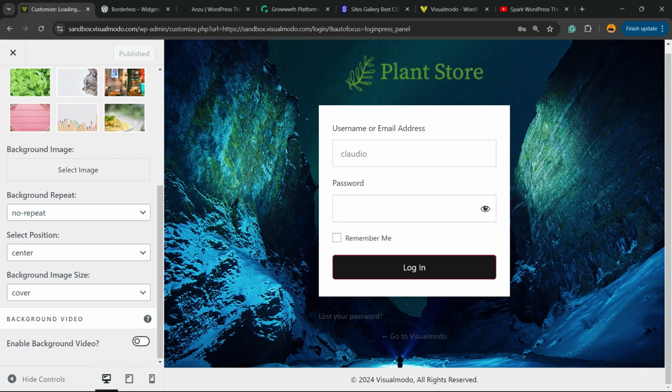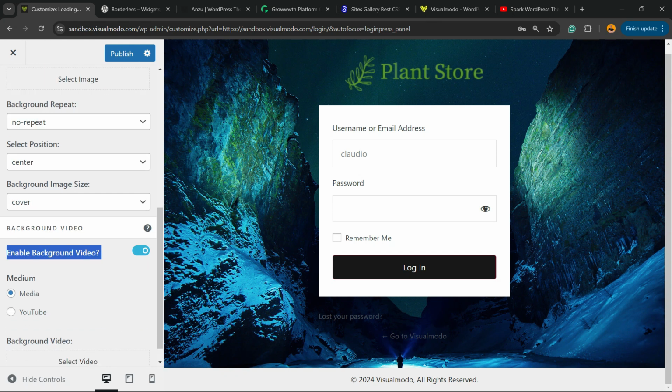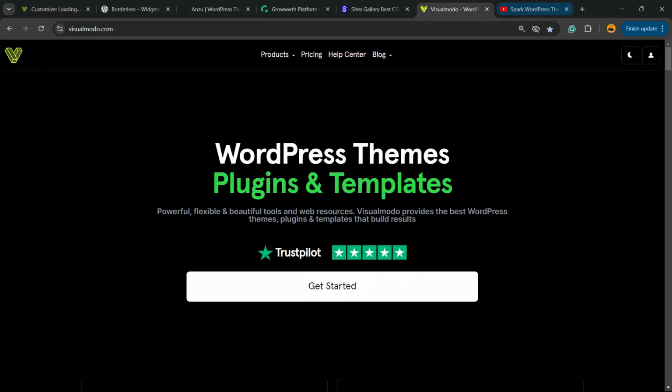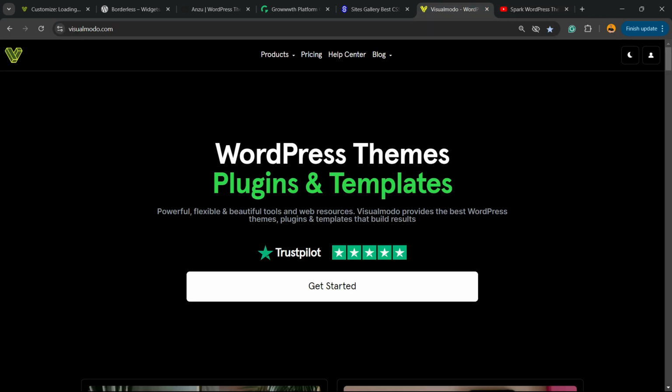If you scroll down, you're gonna be able to find Enable Background Video. Click into this little switcher to set it as on. We're gonna select a video from YouTube and we're gonna need the ID of the video, okay? What is the ID? It's the last contents of the video, just like this, okay? After the equal symbol that all the YouTube videos have, we have the ID. I'm gonna enter this ID,